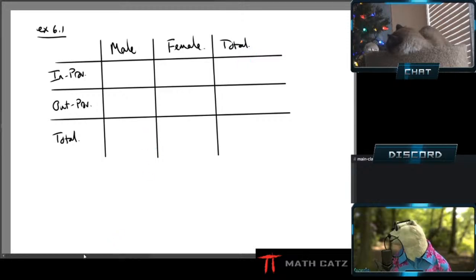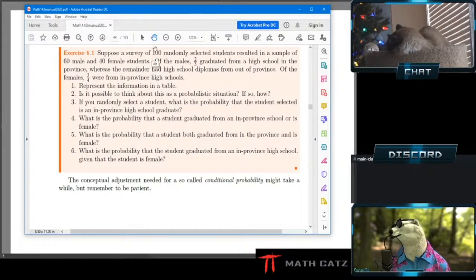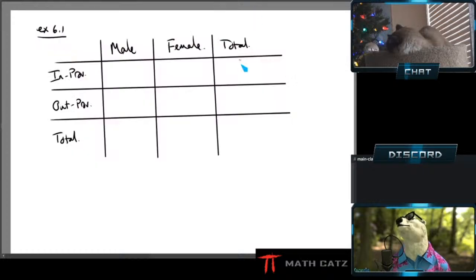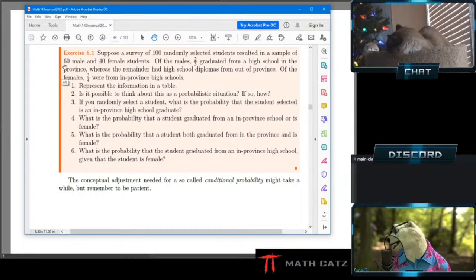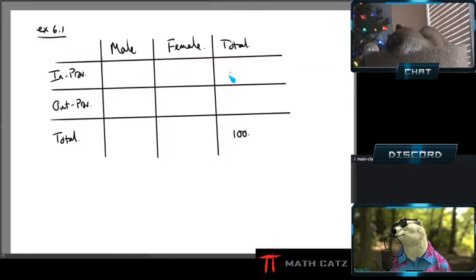Okay, so now what do I know and what can I extract from this and put into my table, where it's easier to see what I have and easier to use for future questions. I have 100 students. Well, that's going to be my total over here. Then I have 60 male and 40 female, of course adding up to the 100, working from the totals based on how they gave it to me.